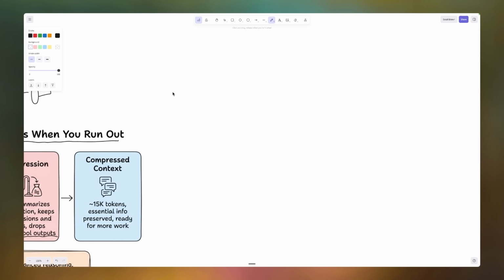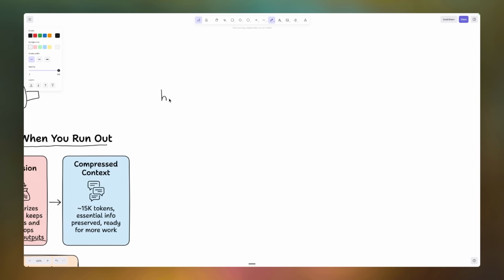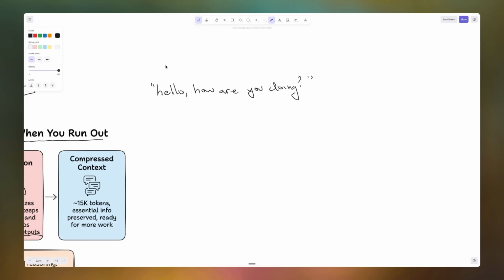And what do I mean by information density? I mean literally, let's say somewhere in your context, you have the sentence, hello, how are you doing? Well, hello is actually 2 tokens. How is 1, are is 1, you is 1, doing is 3 along with the question mark.